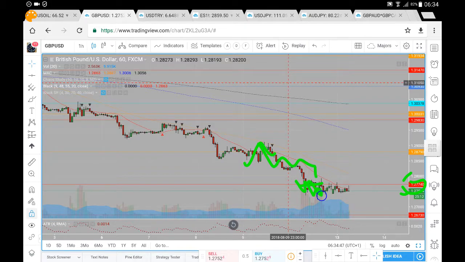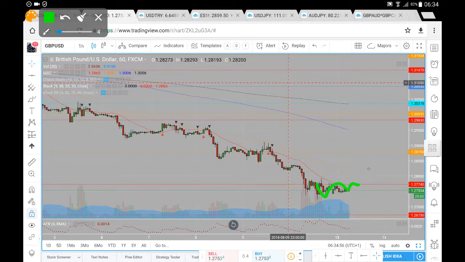We've had a break of 27.74, a retest, another retest, and we do appear to have had another retest. So we've had quite a few tests here on the pound dollar of that 27.74. For now, it is still early. We do appear to be building a base, so if we can break and hold the 27.74, we will then be looking for price to hit up towards that 28.79,